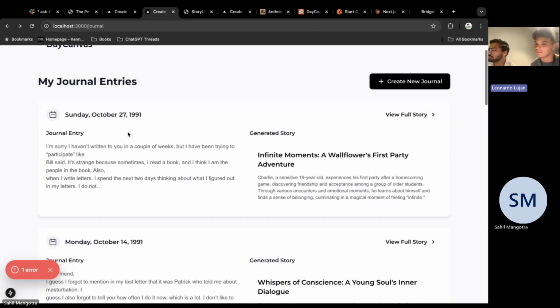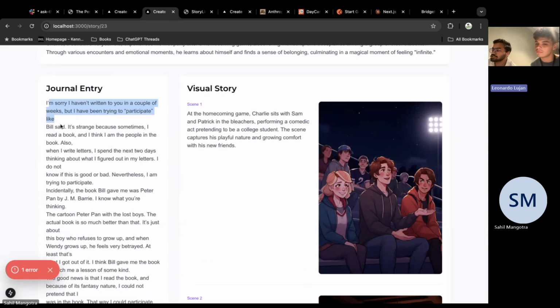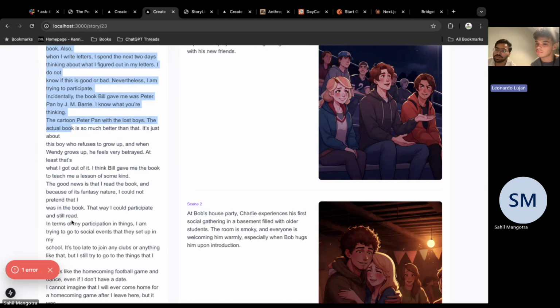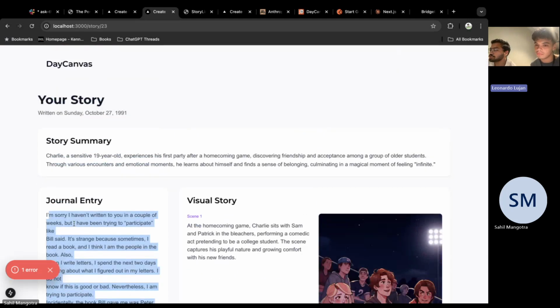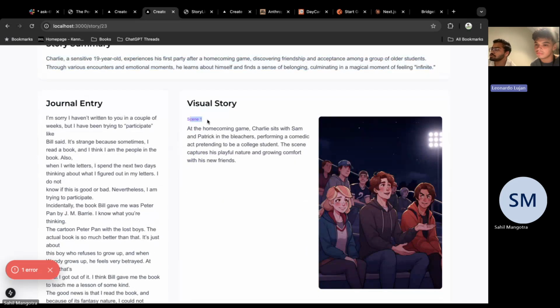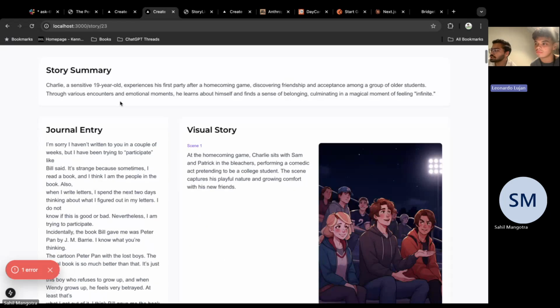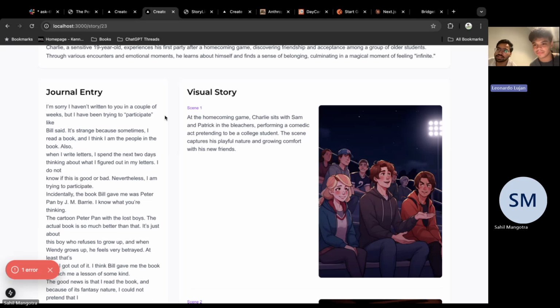We can just look at the output of the generation. So basically, this is an output of the generation. This is the journal which a user would be writing on our platform. We are using this journal to create a summary, and interestingly, we are creating scenes out of that journal. Out of all of this journal, we are picking the most prominent emotion that the user is feeling throughout their day and creating sort of an episode of them. So we can assume the user's life is an anime series and each day is an episode.